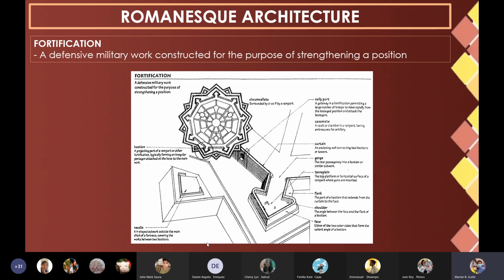And most of those castles are with fortification. What do you mean by fortification? So here, no? Fortification is a defensive military work constructed for the purpose of strengthening a position. So again, ngano gani ni create or ngano gani na ni siya nga mga examples or buildings during